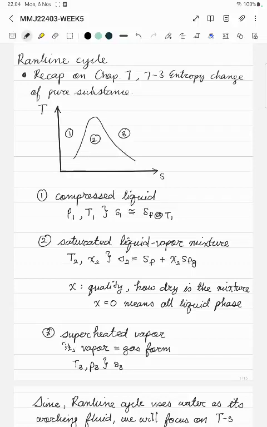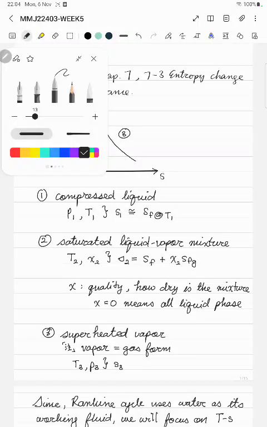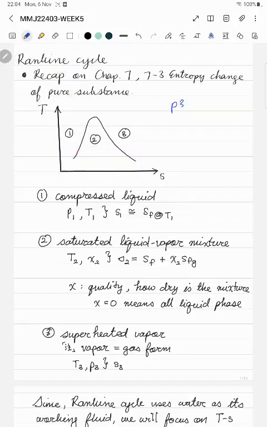I think it's in page 335. So this is a revision on the meaning of the saturated line and how you can use them